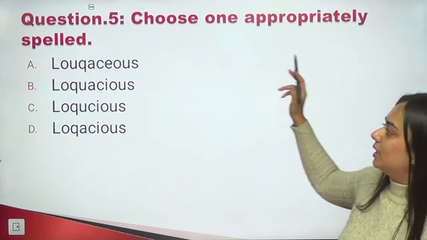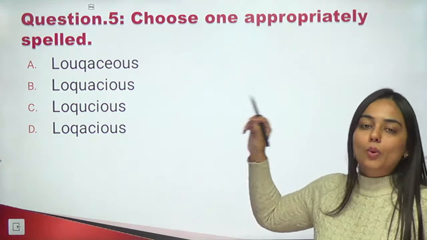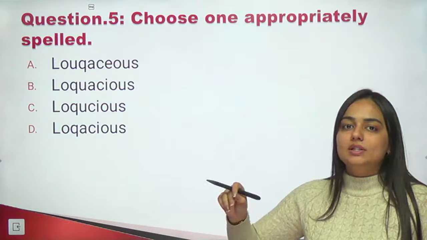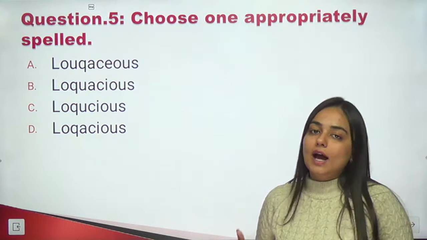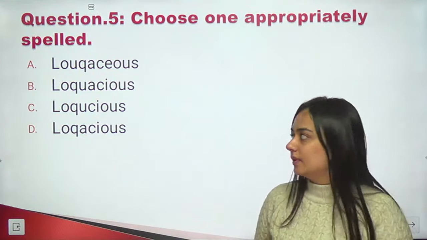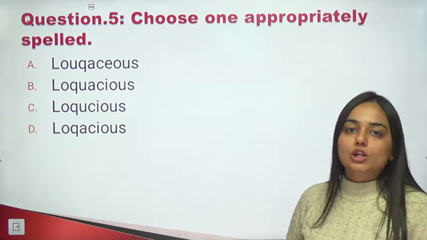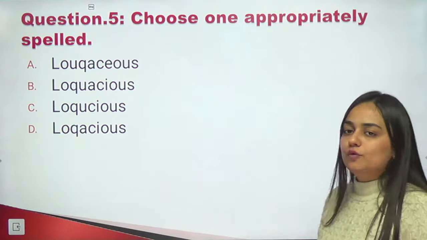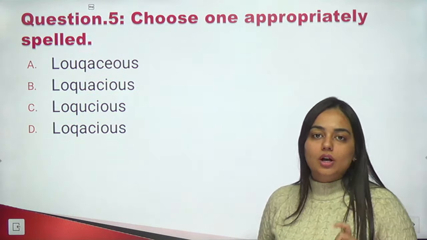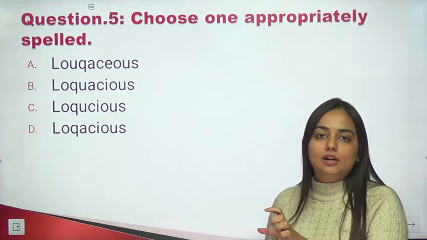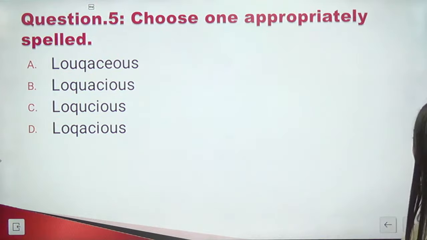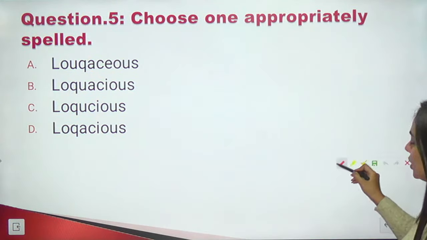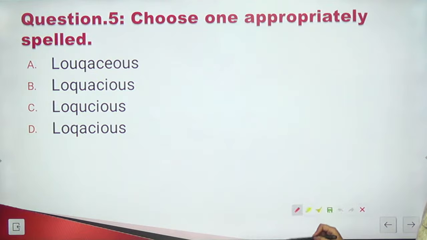Choose one appropriately spelled. Again, loquacious is the word. Loquacious means excessively talkative. Or another synonym for this is garrulous, someone who talks a lot. So, what should be the right spelling of loquacious? So, first of all, you should know how to pronounce the word. अगर आप word को pronounce correctly कर रहे हो, तो फिर most probably आप spelling भी guess कर पाते हो. What do you think, guys? What is the right spelling of loquacious? It should be